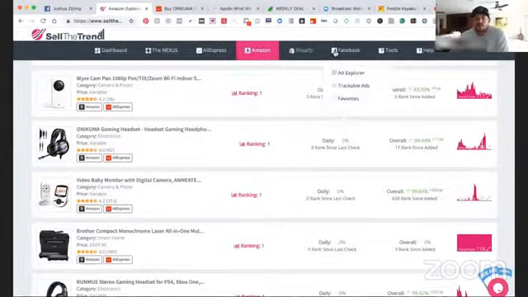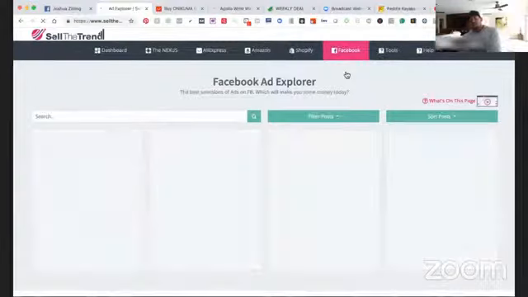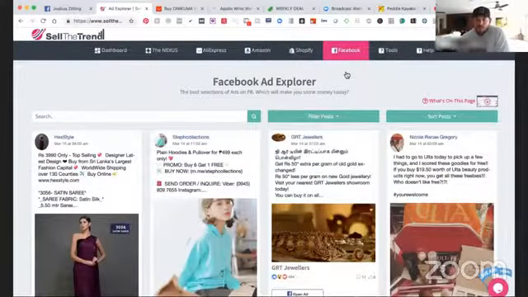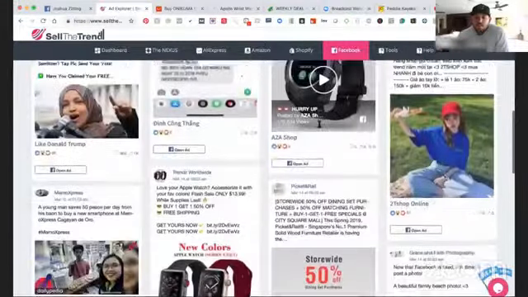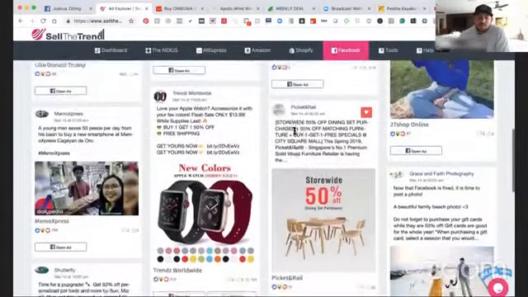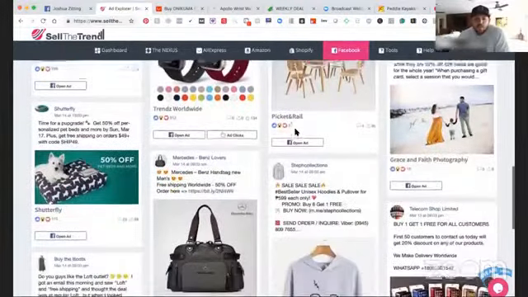So under the Facebook tab right here, you guys, this is another part that I absolutely love. And again, I had a separate software that I was paying $100 a month just for this feature. Okay. So imagine being able to just find every Facebook ad that you could possibly want. And what do you think you guys could do with this information? Okay. If you can just sit here and sort through ads,